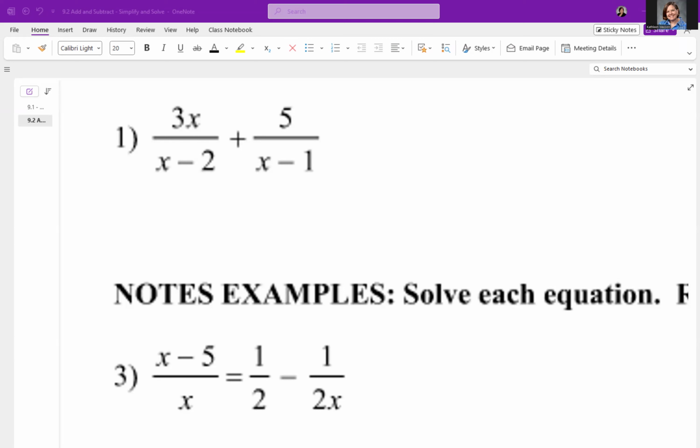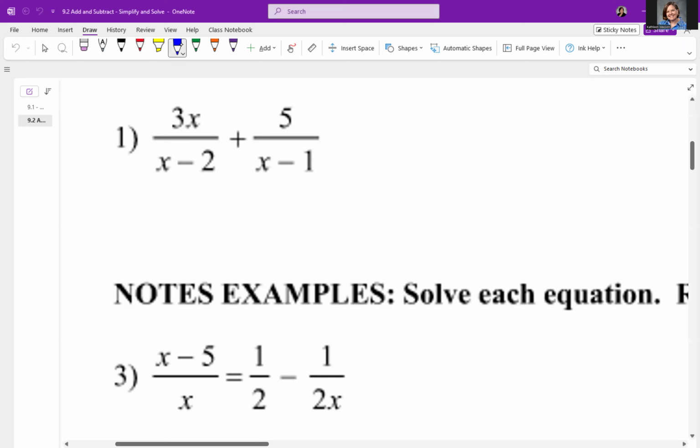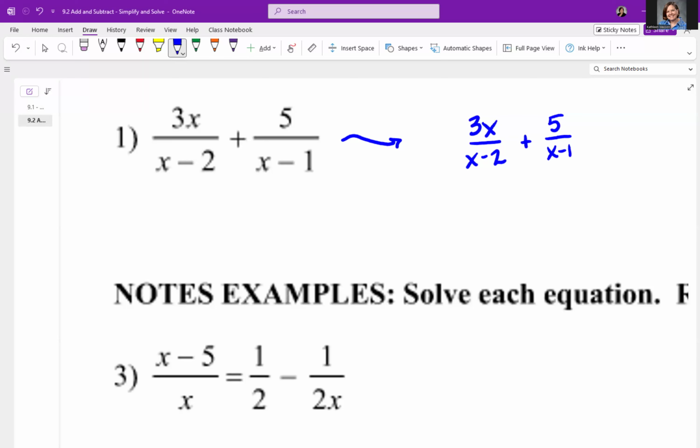To be able to add these, you need common denominators. And right now I have x minus 2 and x minus 1, and neither can be factored, and they're not the same. So I need to rewrite this as 3x over x minus 2 plus 5 over x minus 1 with a little bit more space,